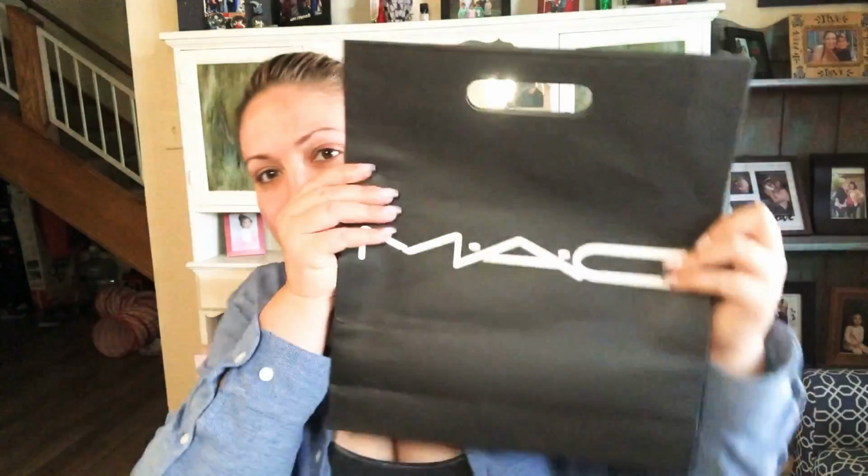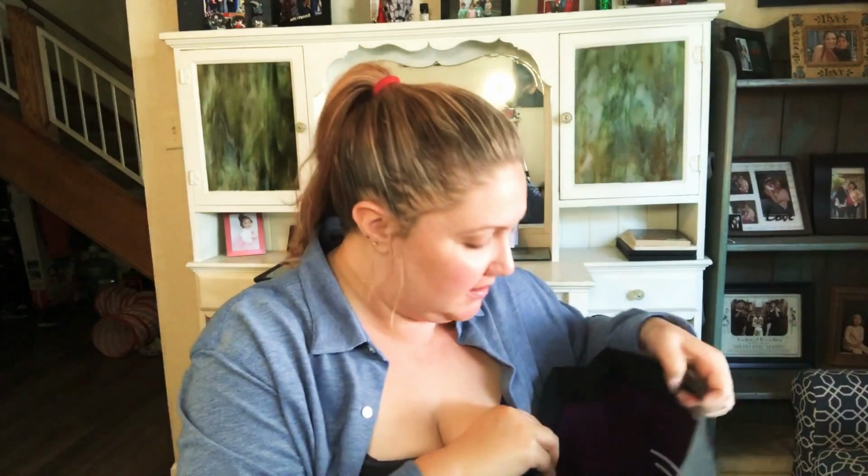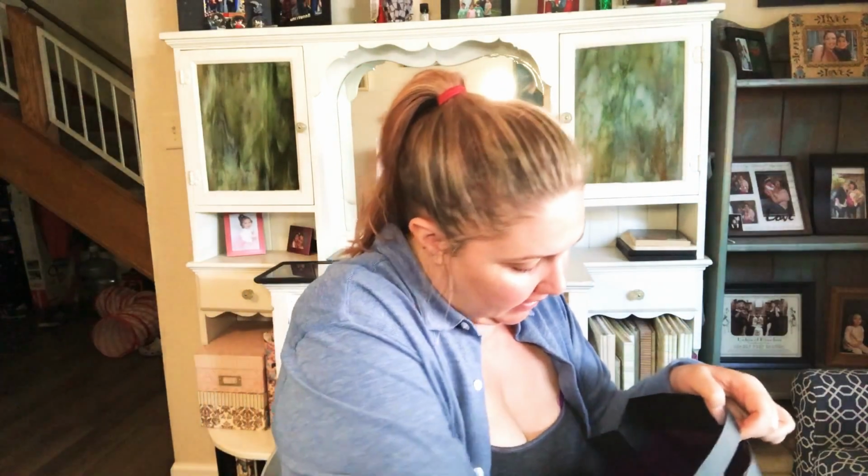But I want to show you guys the lipsticks that I got, or that I picked out. And then I purchased like 2 other things. So let me go grab that and I'll be right back. Okay guys, I'm back and I grabbed the MAC bag. Okay, so let me show you guys what I picked up there. So besides the lipsticks, that of course my 8 free lipsticks that I got,